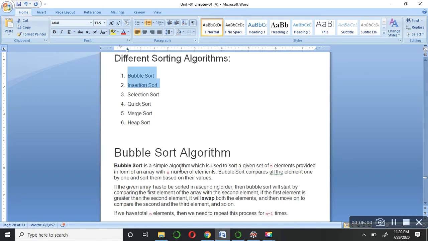Bubble sort algorithm: as the name suggests, it follows the mechanism of a water bubble. I don't know whether you have noticed it in real life.